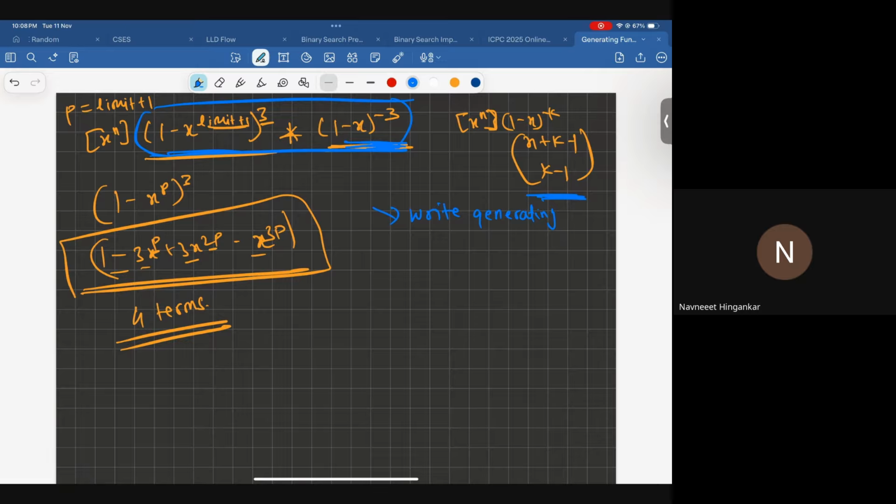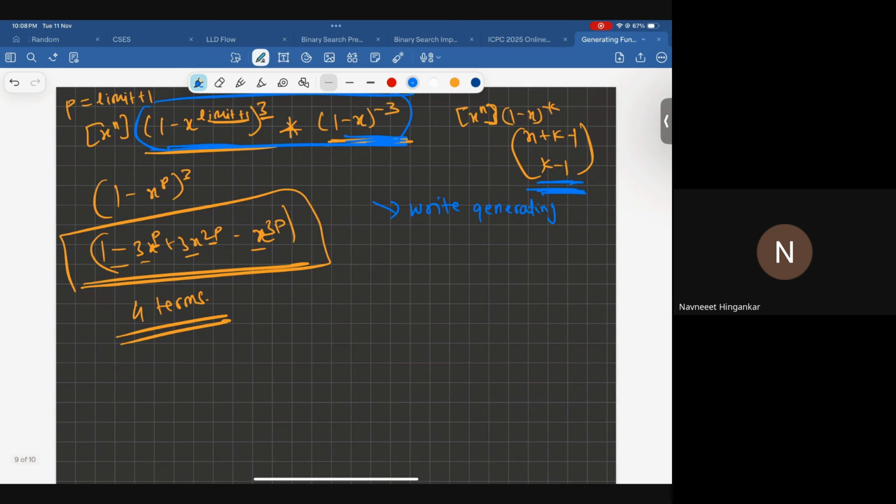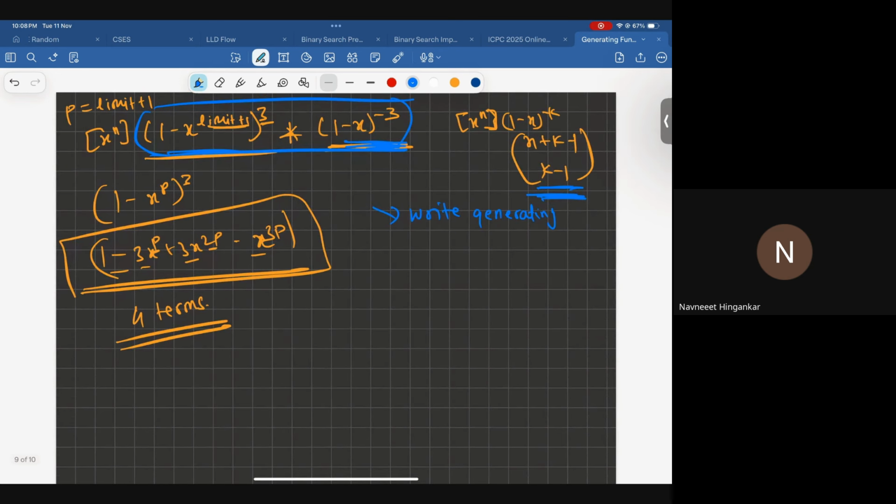Gemini will handle all the equation manipulation stuff, right? You don't even need to think what coefficient will get added to what. Gemini will just give you the Python code for you, right? So you can just ask Gemini or any AI to write the generating function